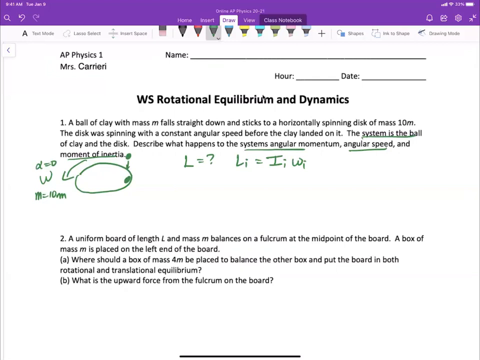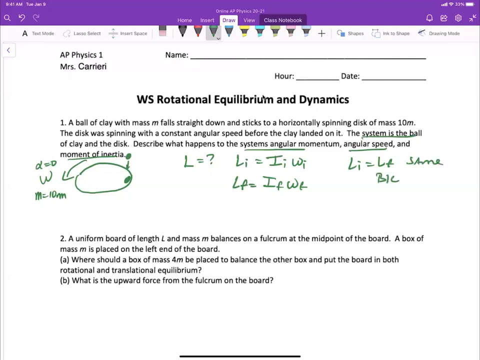The ball is not moving, and so it has no angular momentum. And the final angular momentum is going to be the same. It will be I final times omega final, but these are going to be the same